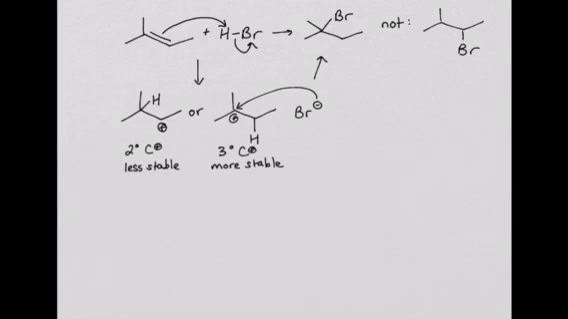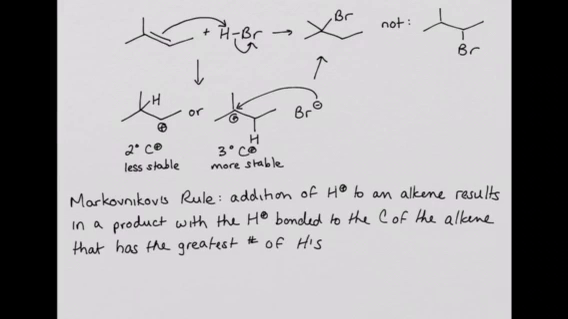This is the major product resulting from the more stable carbocation, and it's said that this reaction follows Markovnikov's rule. This rule states that the addition of a proton to a double bond of an alkene results in a product with the proton bonded to the carbon that has the greatest number of protons to begin with. In other words, we say that the product of the above reaction is the Markovnikov product because it follows Markovnikov's